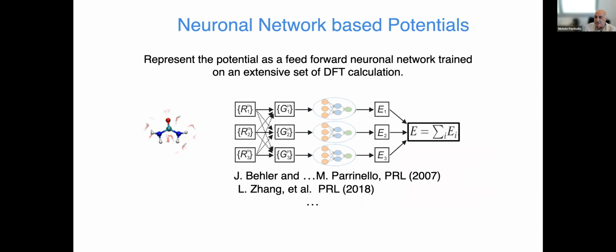One step which is important, and it's relatively recent, is the fact that it's expensive. Can we maintain the accuracy of DFT and still have a potential which is cheap to use? And this is possible if we use neural network, because neural network can express